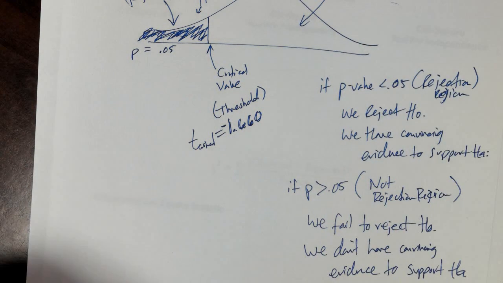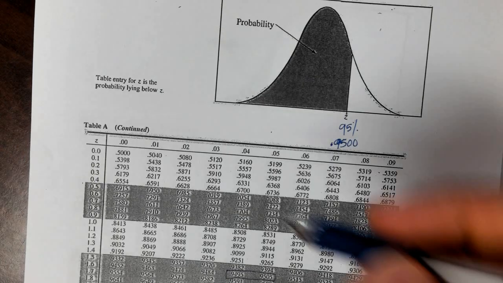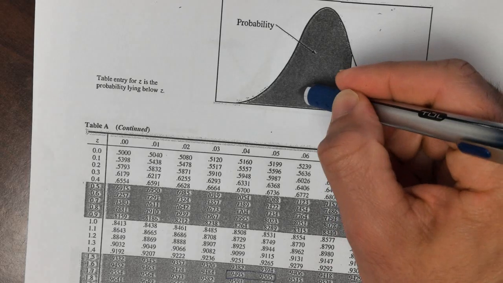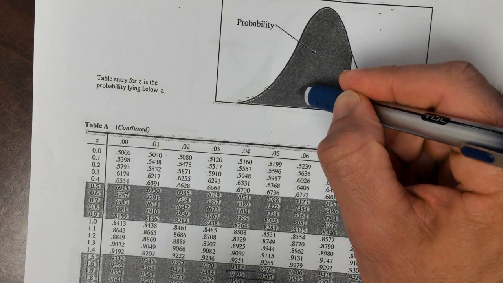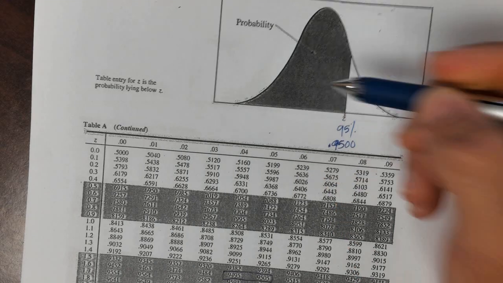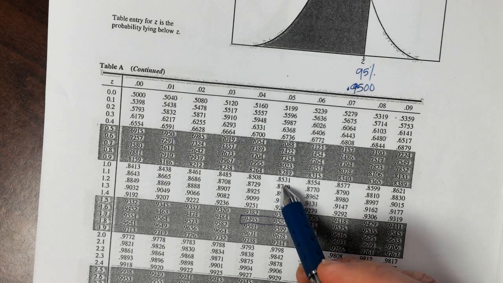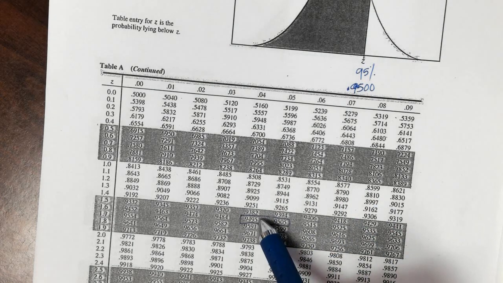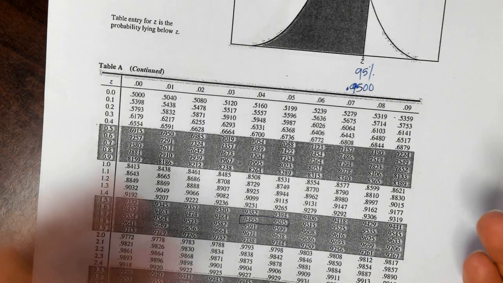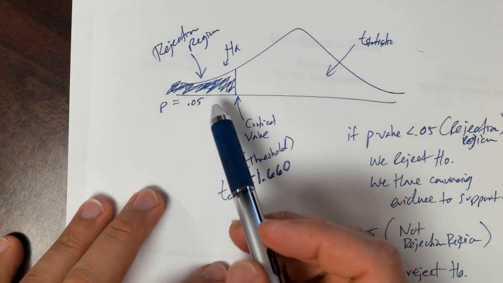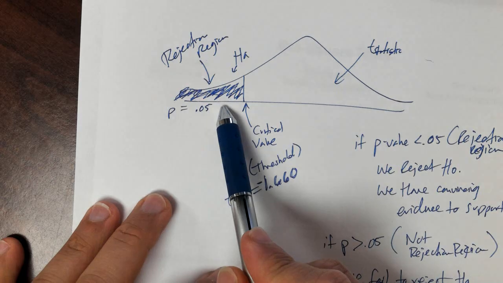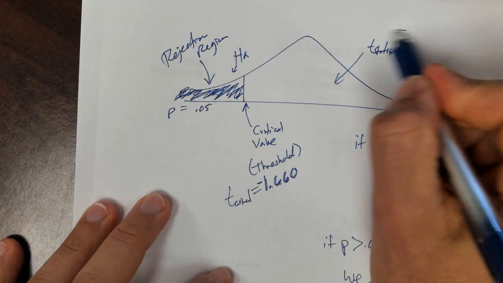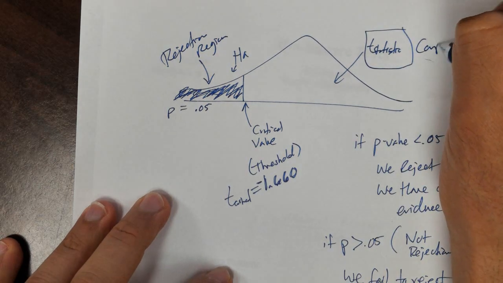Yeah? And the z-score is different. This one actually tells you the exact probability of that thing happening for every single event. You're going to use this probability in your z-table to make your decision. Is the number that I found less than 0.05? Here, you're not going to find an exact probability. You're finding a test statistic, and you're comparing it